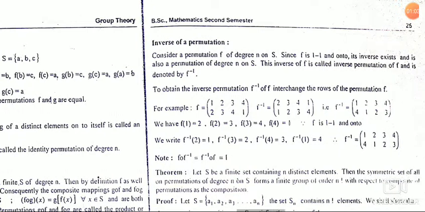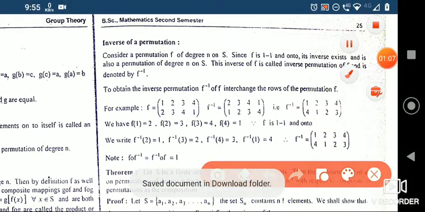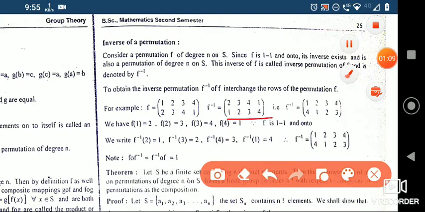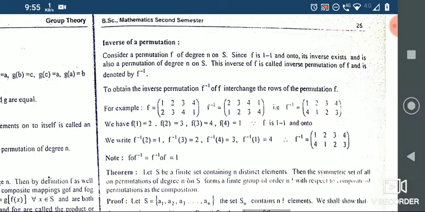Then how do we write that f inverse? When we write f inverse, we take 1 first, then 2, then 3, then 4. So that is f inverse.